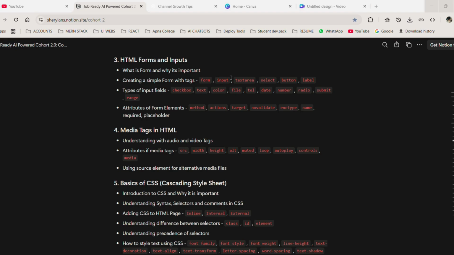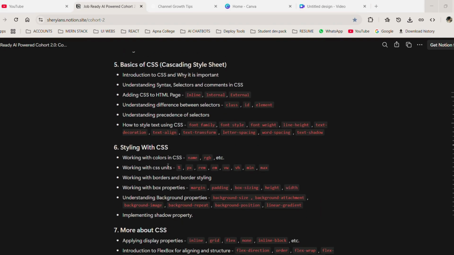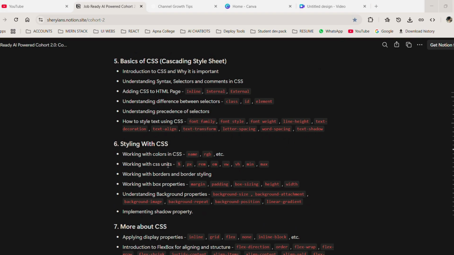Media tags in HTML, understanding autoplay, controls, media, using source element for alternative media files. 5. Basics of CSS, cascading style sheet, introduction to CSS and why it is important, understanding syntax, selectors, and comments in CSS, adding CSS to HTML page, inline, internal, external, understanding difference between selectors, class, ID, element, understanding precedence of